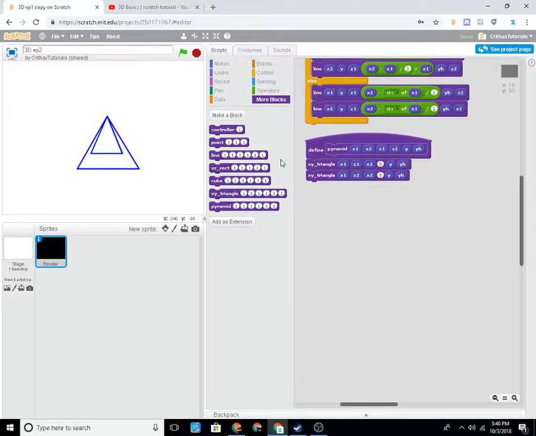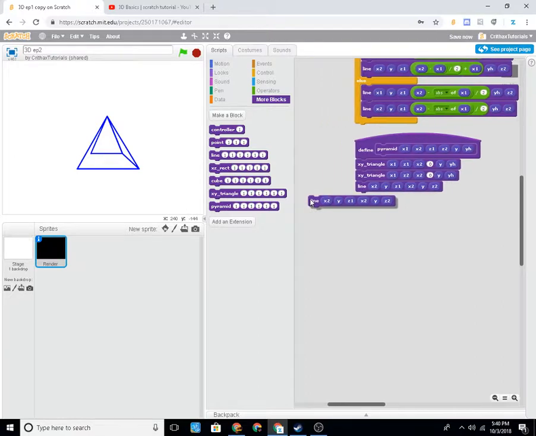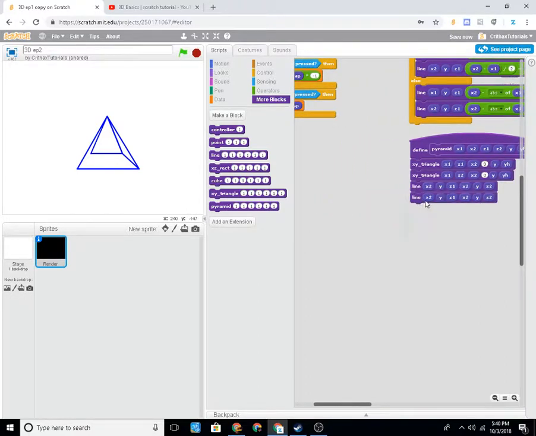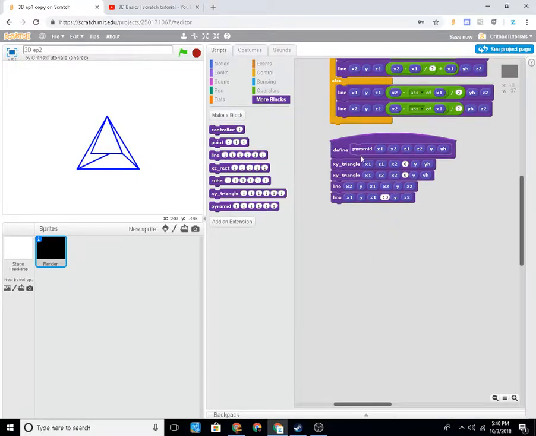So now all we have to do is just add in some lines to connect, just like I did the cube. So we're just gonna start off by x2, y, z1, x2, y, z2. Okay, so now we got our first line duplicated. Then we're gonna, oops, off here. I'm just gonna change this x2 to x1, and now,